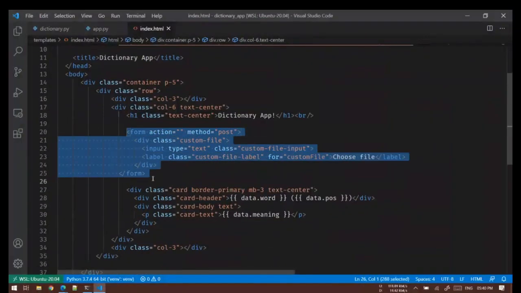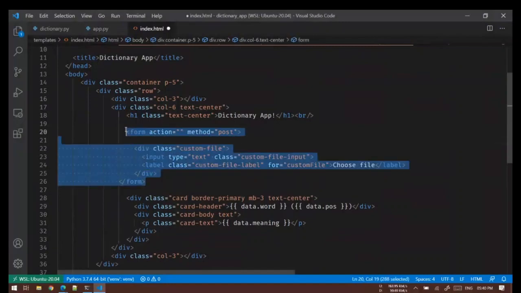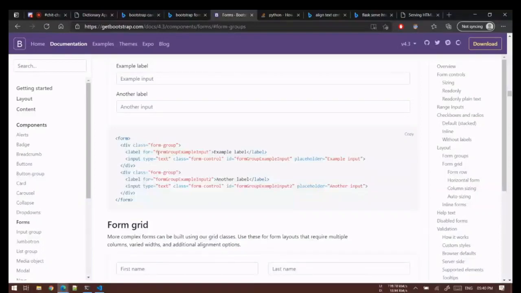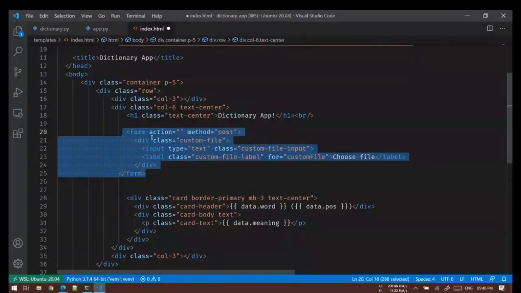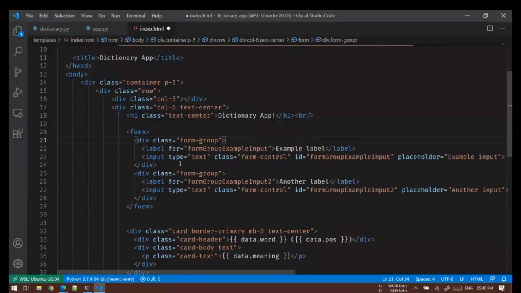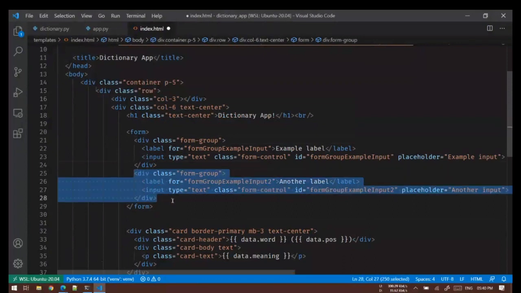Just come here, replace this thing with this. This is my form group. Then we have a label, and we don't need the second label.